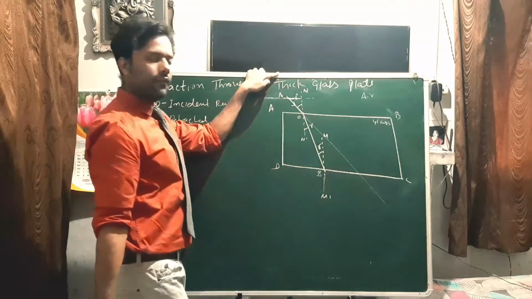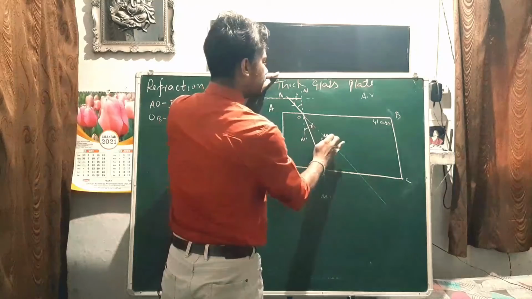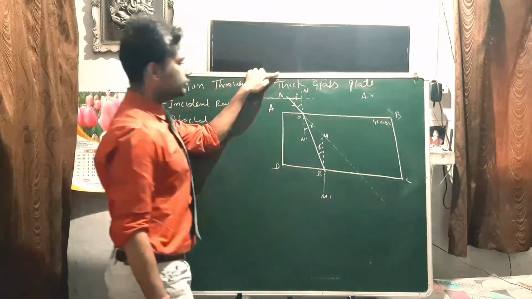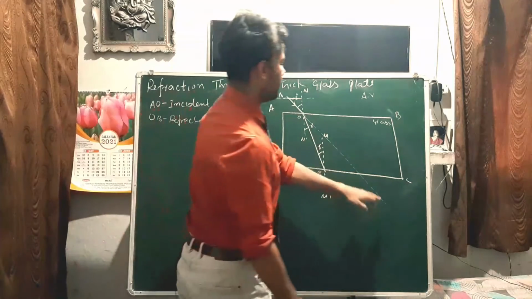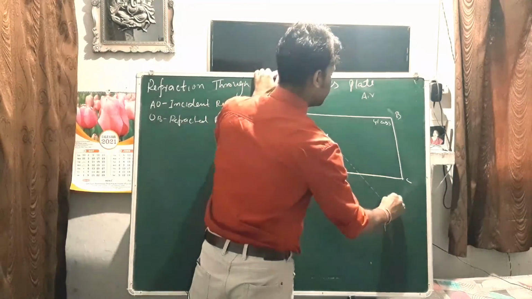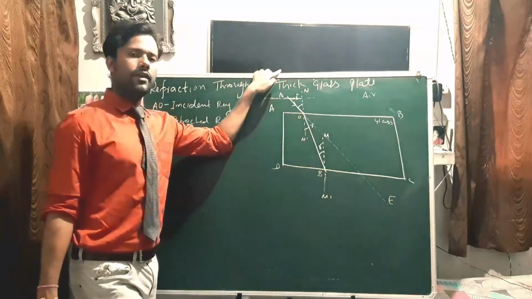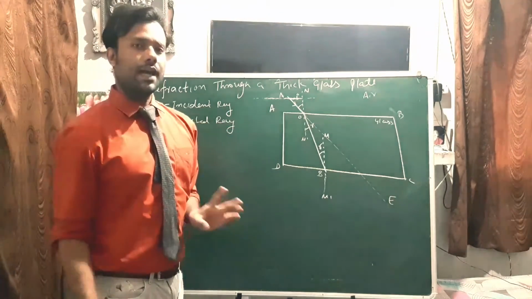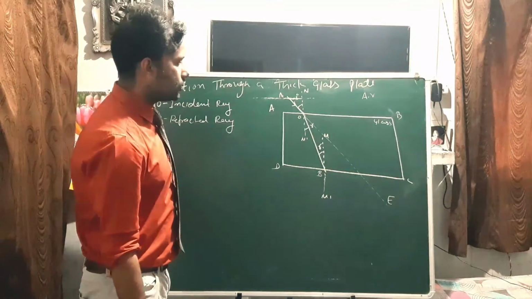I have shown this ray, let's say A and E. AE is the undeviated ray if the glass plate is not present,